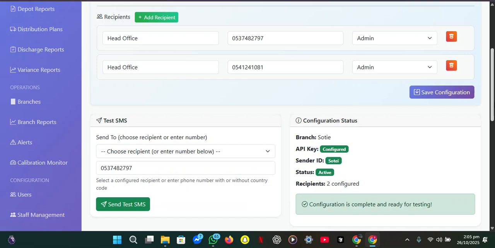Then we have the profit and loss impact, the P&L calculator. Now when the government issues a price change, you can check here if you are making a loss or a profit at your head office level. So let's take, for instance, petrol. It says petrol is 11 cedis, and the new price, let's say, is now 15 cedis. You realize that the price change is now increasing or probably decreasing. So we've made a plus 4 Ghana cedis on each liter, which is a 36.36% increase in profit on stock